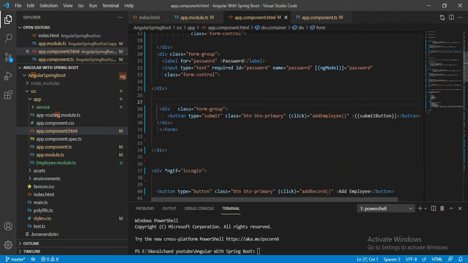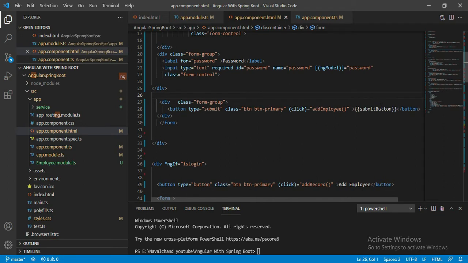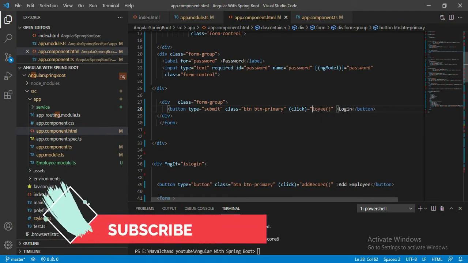I'll simply remove this, and here instead of the submit button, I'll put a login button. Save this. This submit button is okay there, and I'll change this add employee to login. I'll simply add here the login method.